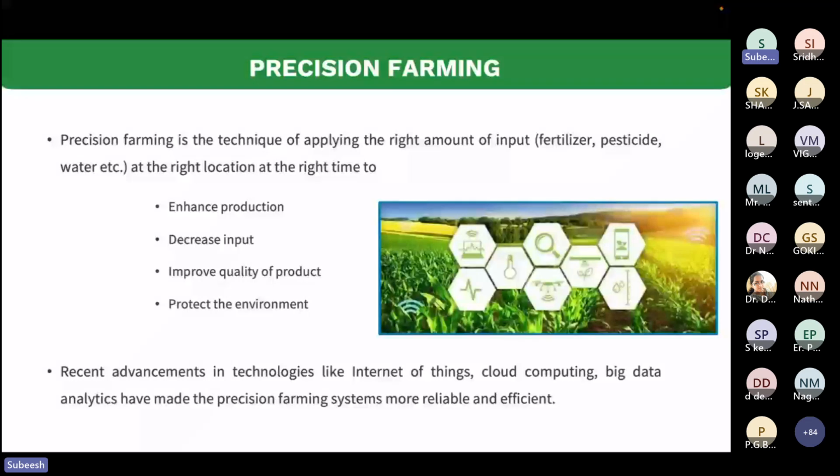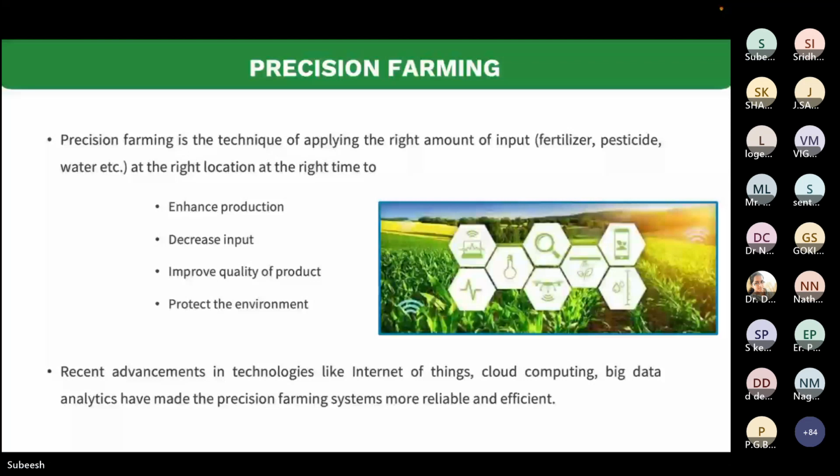The environment aspect is also taken care of because the overuse of pesticides and fertilizers is creating so much damage to the environment. So we need to protect it. We have to regulate the input supply and supply exactly what is required for a crop. Recent advancements in technologies like IoT, cloud computing, and big data analytics have made precision farming systems more reliable and efficient.